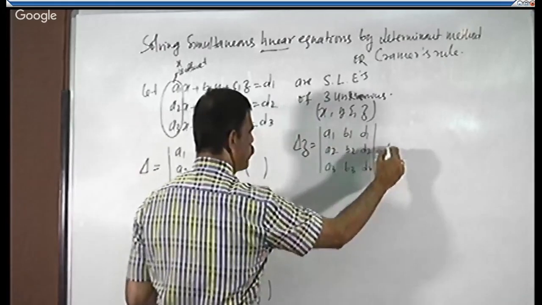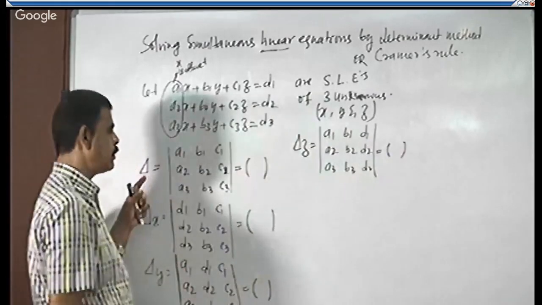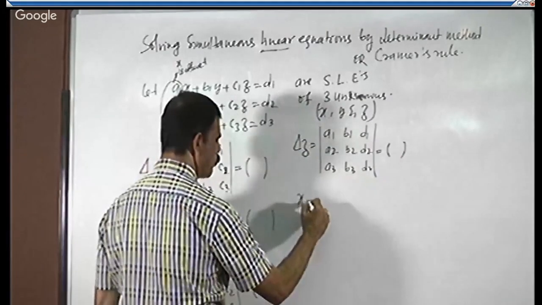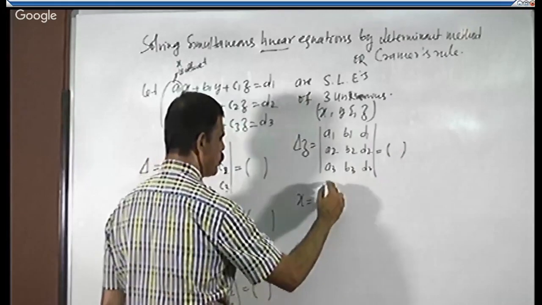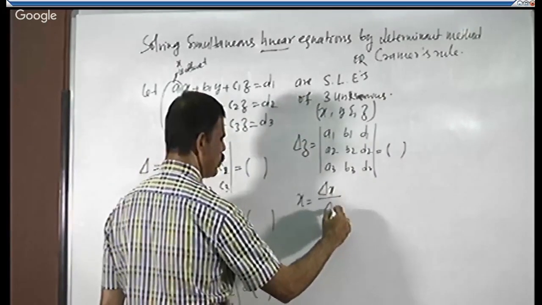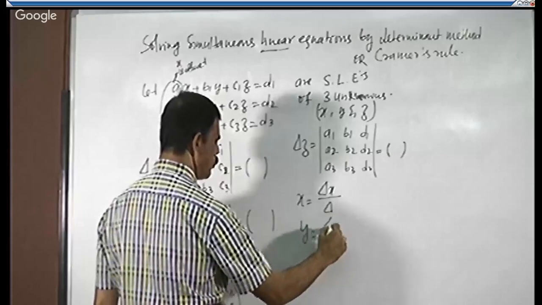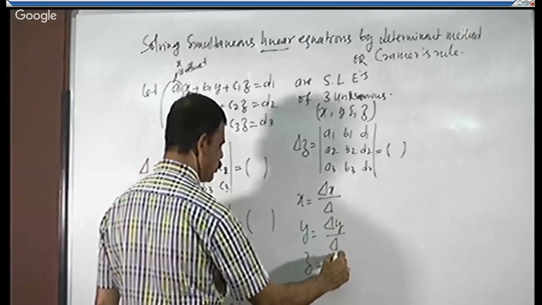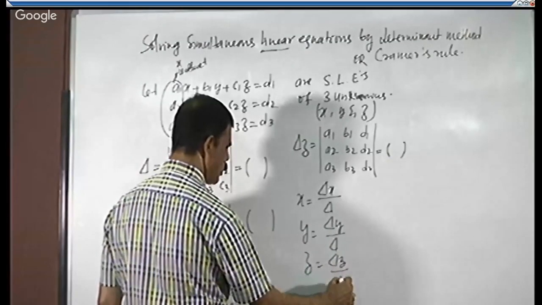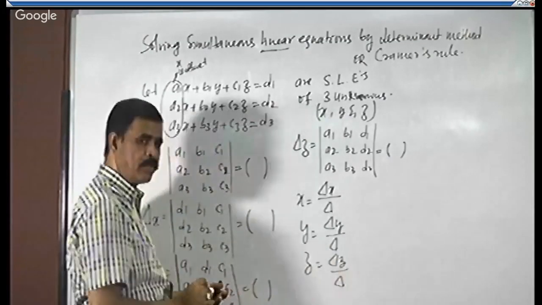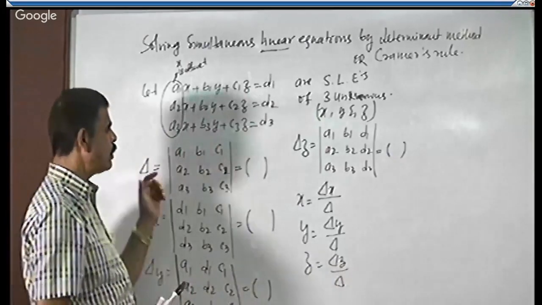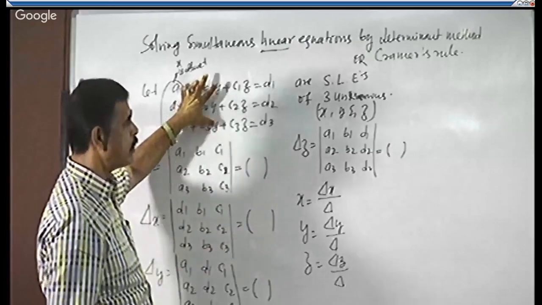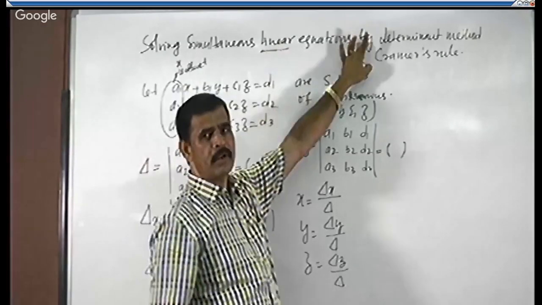Expand it, you will get certain values. Using delta, delta x, delta y, delta z, we can calculate the unknown values. x is equal to delta x divided by delta, y is equal to delta y divided by delta, and z is equal to delta z divided by delta. This is the procedure we need to follow to get unknown values in simultaneous equations using the determinant method or